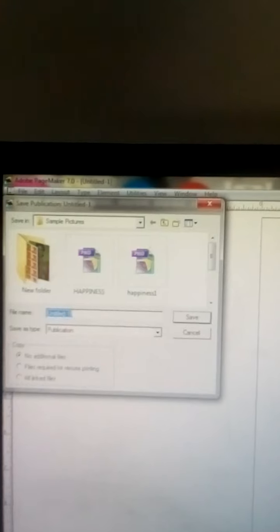So how to save your file? Go to File, click the Save button. Now you get a save dialog box. You just type your file name.